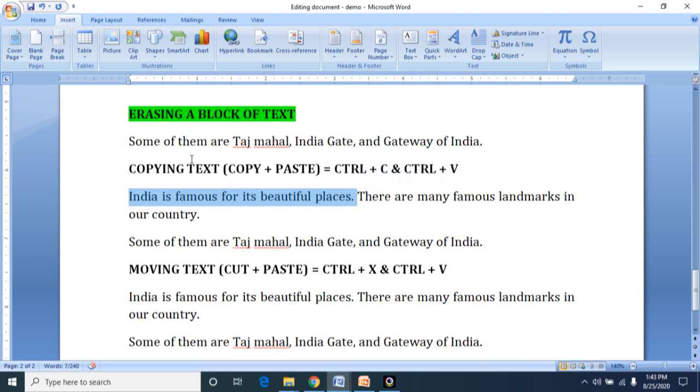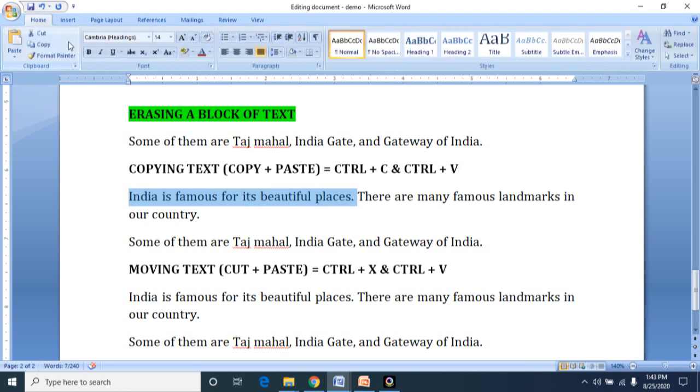In the same way, copying text means, first step is you have to copy the content which you want to duplicate. So select it first, then go to home tab, clipboard group. See, clipboard. Observe my mouse. Now I am in clipboard. And in this clipboard, for copying you should use copy and paste. So first step is you should select the text. Second step is you should press copy.